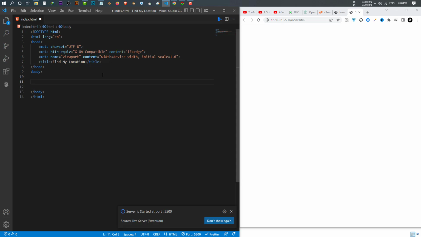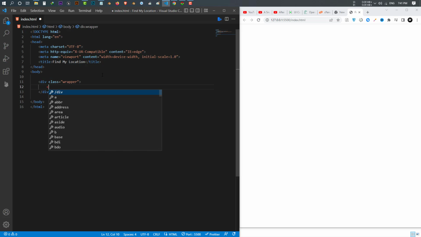Okay, now let's write the app structure. So the first thing we have to do is to make a div with a class of wrapper. Our program will be inside this wrapper. So the first thing I'm gonna do is to make a button. I call it find my location. This is my button name, and after that I make